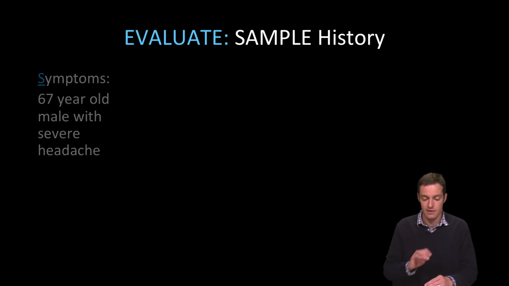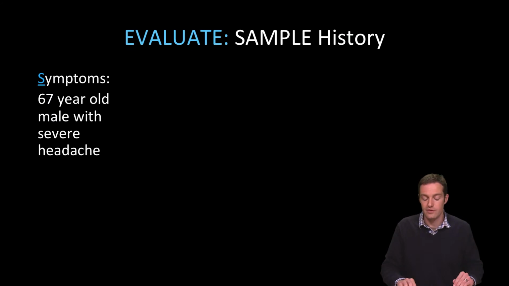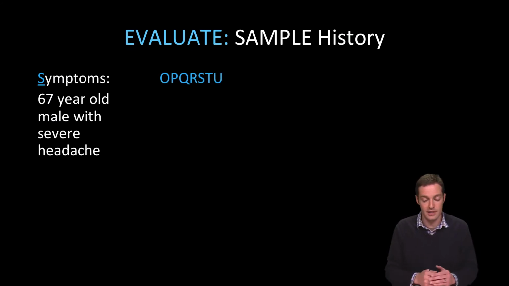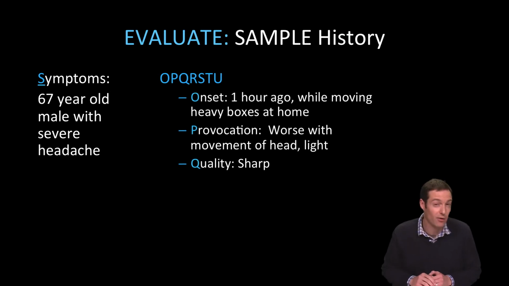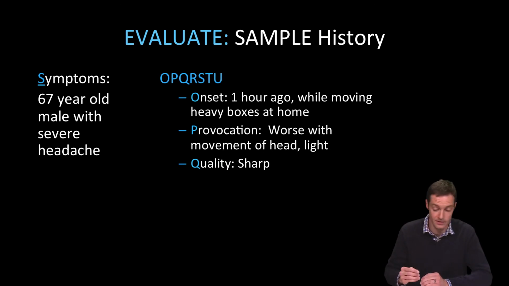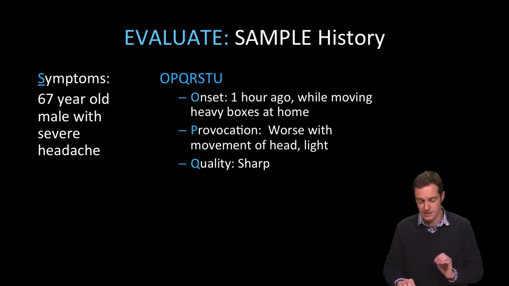As to the symptoms, the patient is a 67-year-old male with severe headache, and going through our mnemonic OPQRST-U, the onset was roughly 1 hour prior to presentation. It was witnessed. He was with his family. He was helping them move heavy boxes. They were moving homes. The headache is, again, severe. The provocation is that the headache is worse with movement of his neck, and it's worse with light,